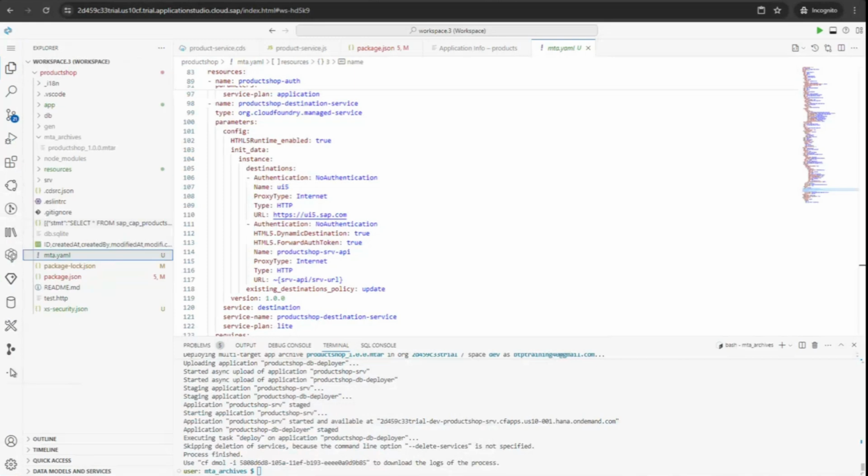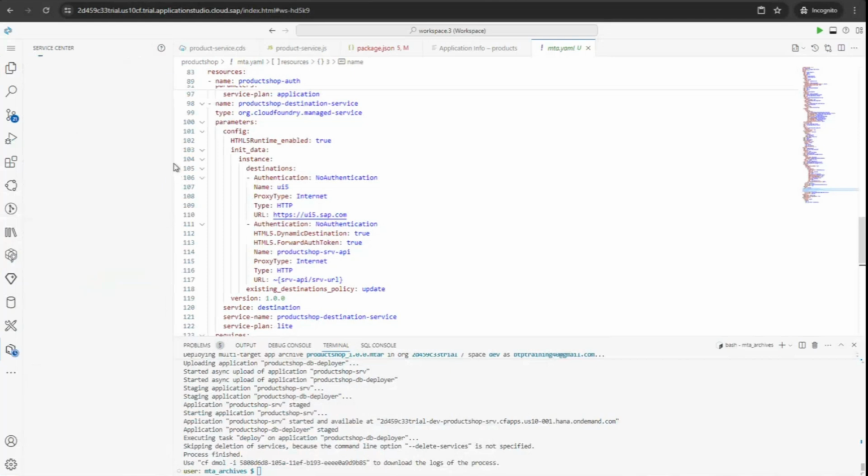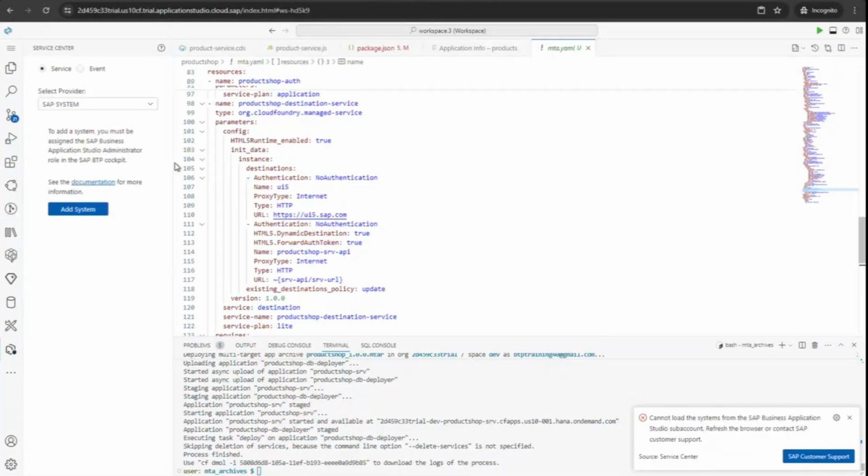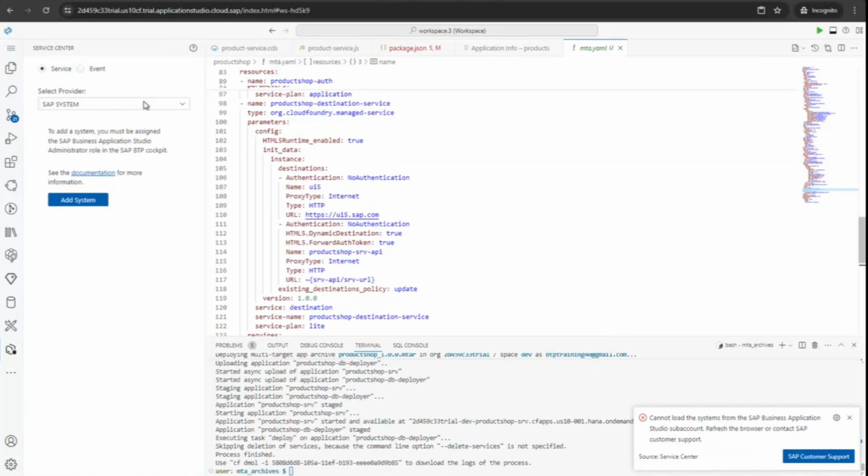Come to this service center. Now if you come to this service center, you will see the provider, which provider or event. First of all, you come to the event; for any business event you can come here. But if you don't want an event,